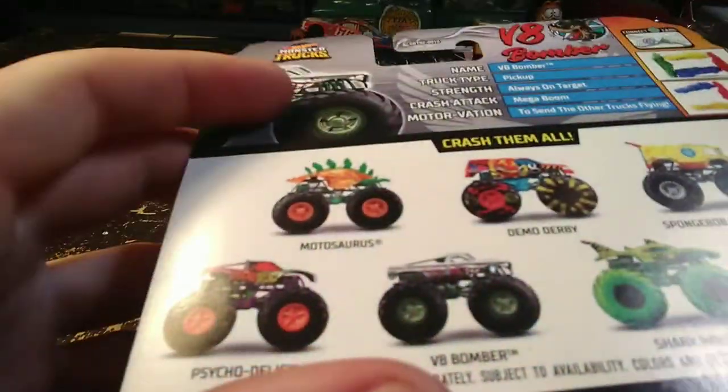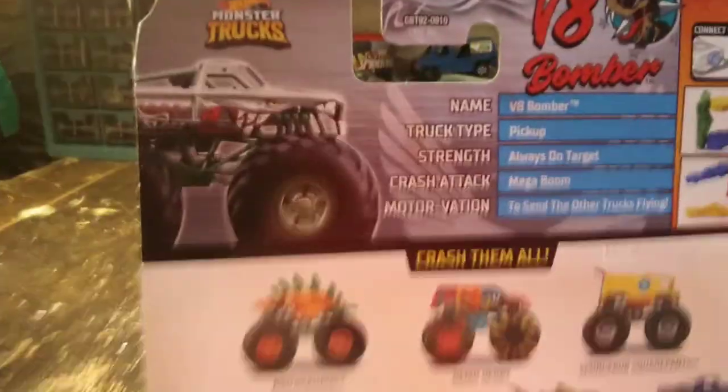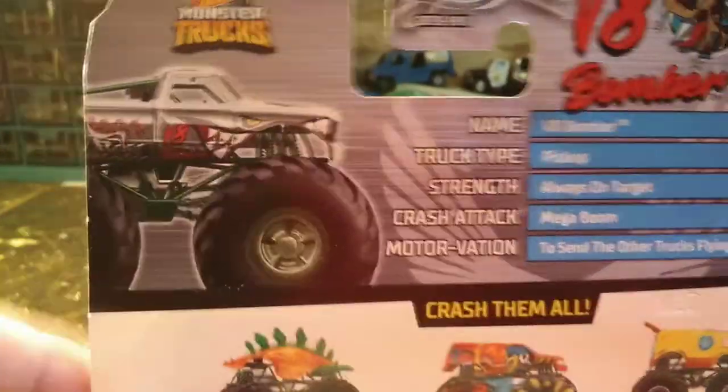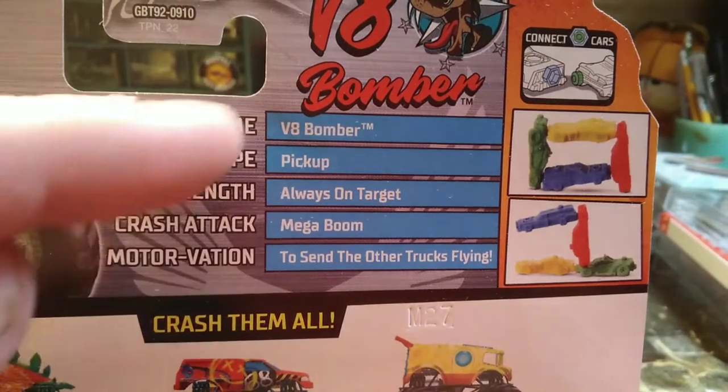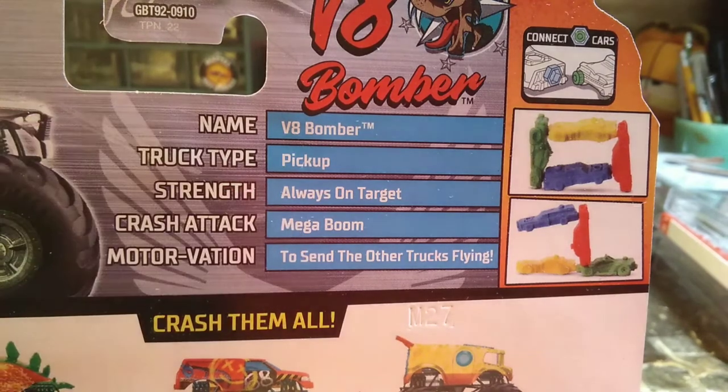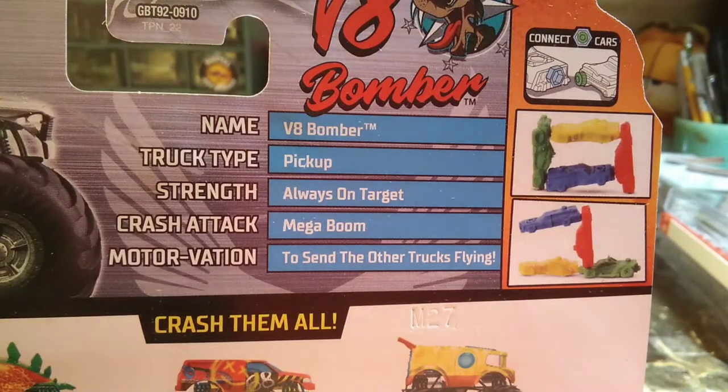We'll actually be able to remember. There's what the truck started out as. Oh yeah, you guys can read this if you want to. Kind of throw a whole video type of thing in there. Still gonna send the other trucks flying. Still gonna be a pickup. Just won't be a mega bomber, or a V8 bomber, and mega boom is not gonna be...